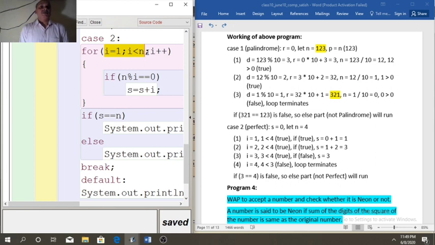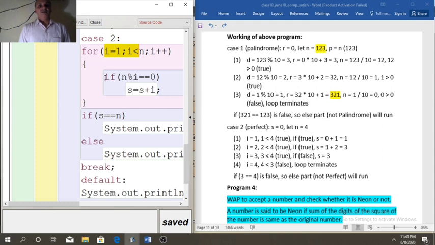We need to cover all the numbers other than the number. That is why equality is not used. So i equal to 1, i less than 4, it will go up to 3. i plus plus, so 1, 2, 3, 3 times loop will run. So when i is 1, and here we need to divide n by all the values of i. So here value of n is 4. So 4 is divided by all the values of i, that is 1, 2 and 3.